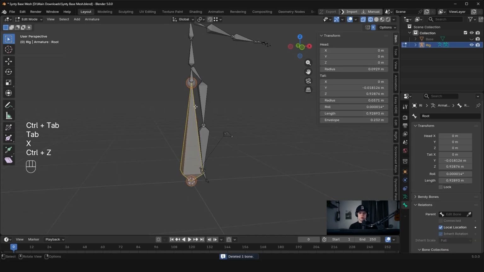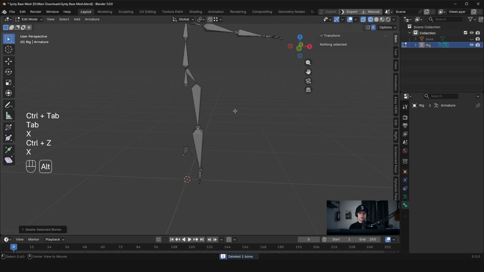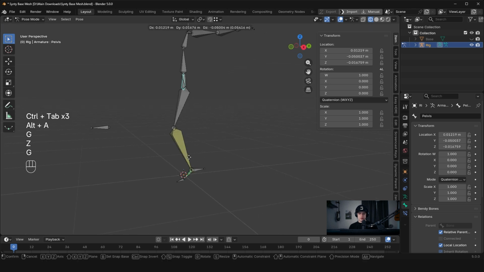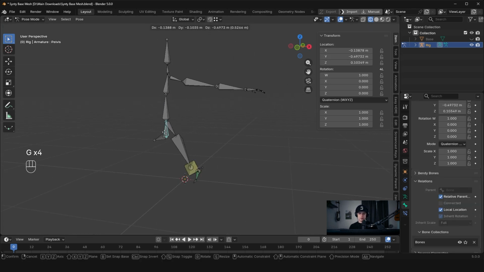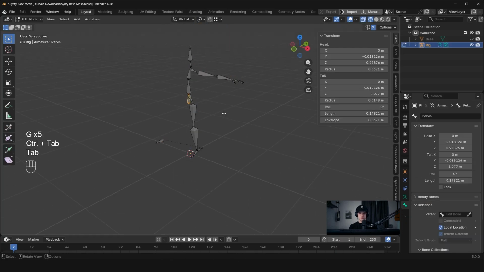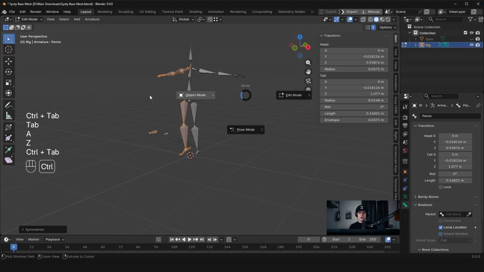This is something that's more used inside of other engines, but I'm just going to delete it, and that's going to leave it like that. But now you can see we can grab the hip, bring it down, all of that stuff. And I think we actually do need to keep inherit rotation off as well, because you see there, now it is working correctly. Right, so now what we can do is go edit mode, go armature, symmetrize, and you'll see here,